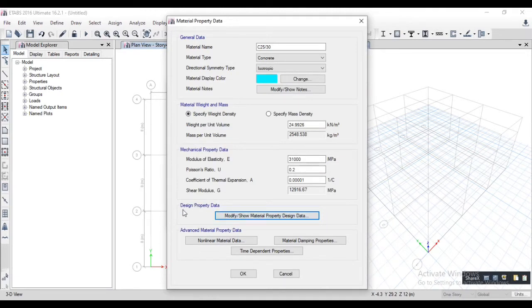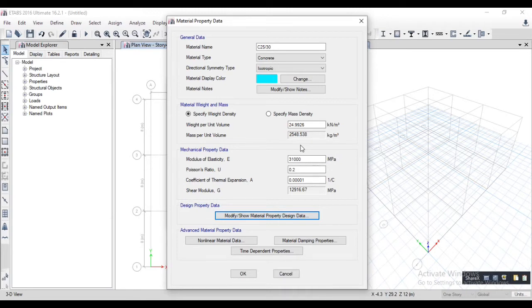Below the design property data, here are the three most important options. First one is non-linear material data, second is material damping properties, and third one is time dependent properties. The user needs to understand that all this data has already been entered by ETABS. It is a default material property and all the properties are defined very precisely as per the code recommendation.